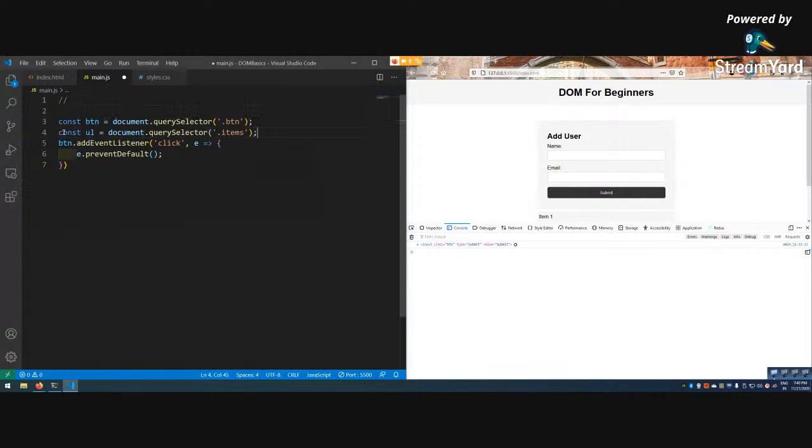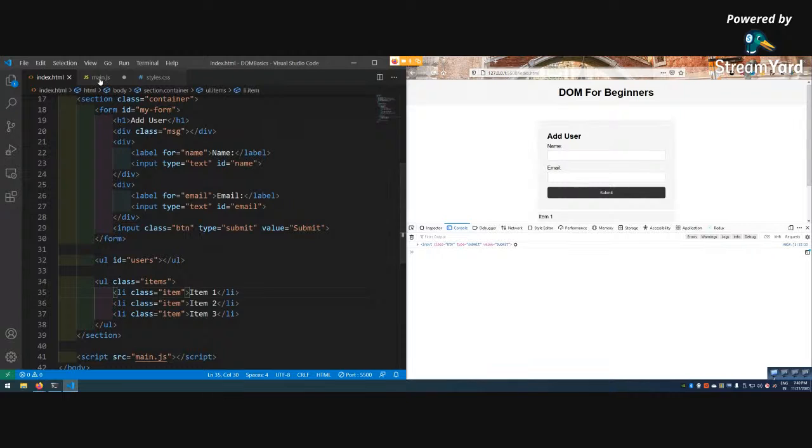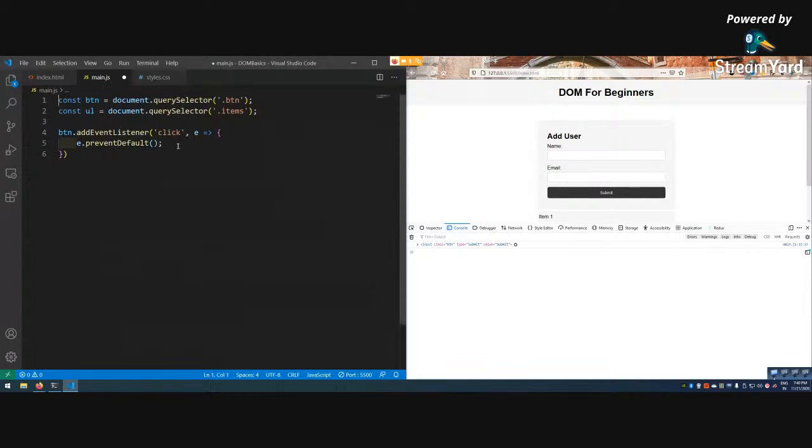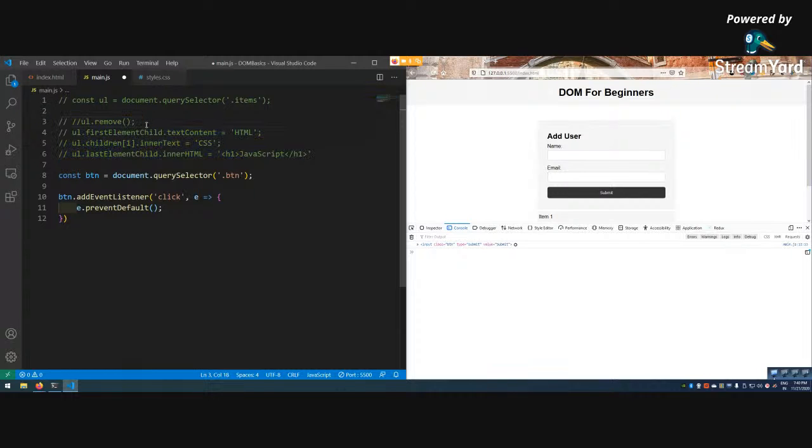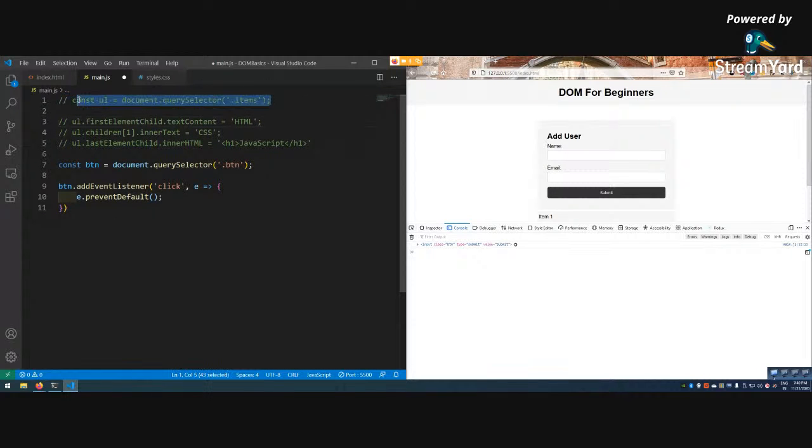Actually, I want this button and items. I have selected these items. So click. Oh, wait. I should not have removed this. Why write it again? Because I'm going to show this one only. So like this, and